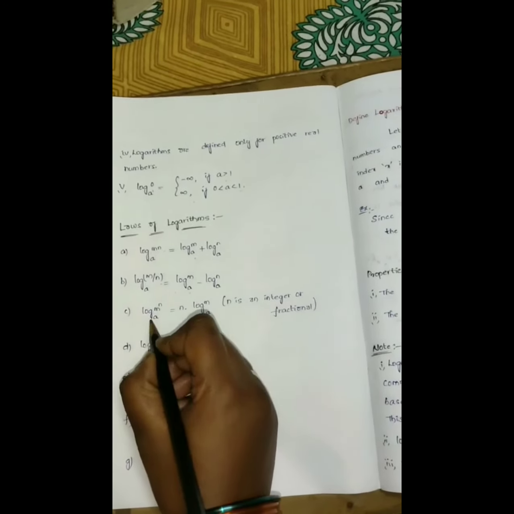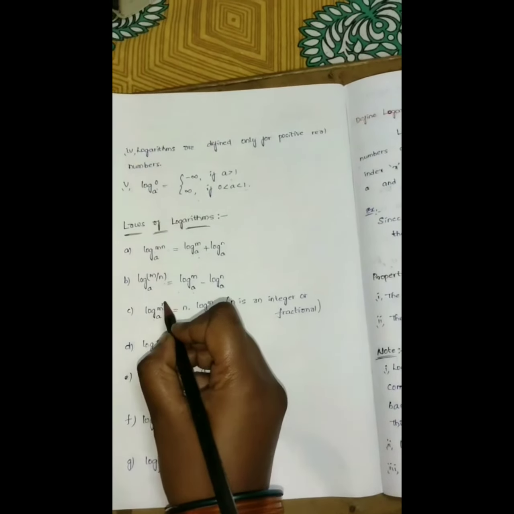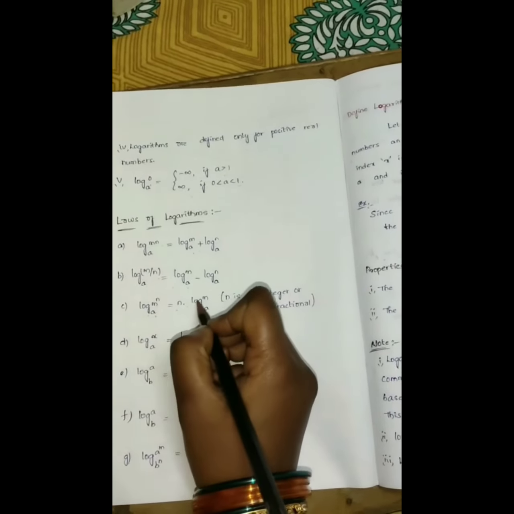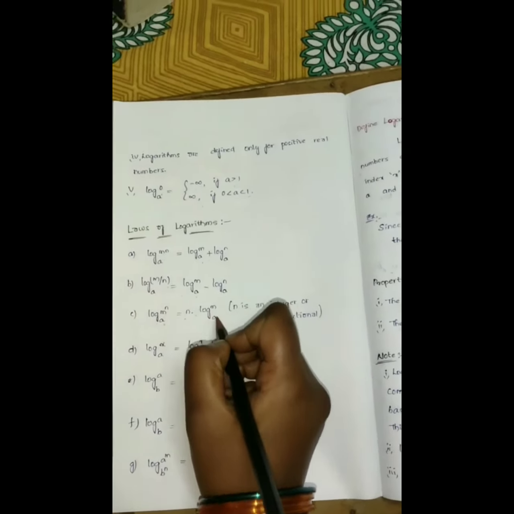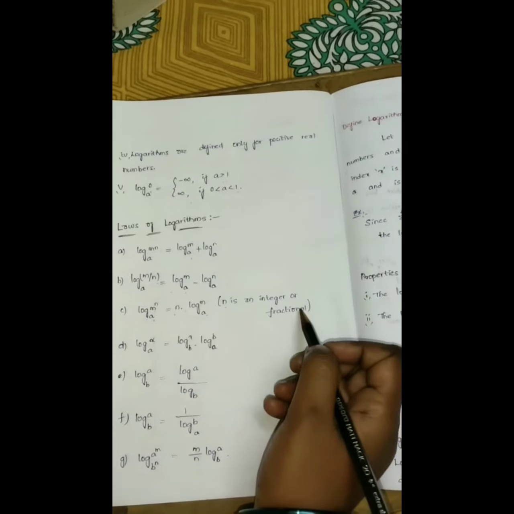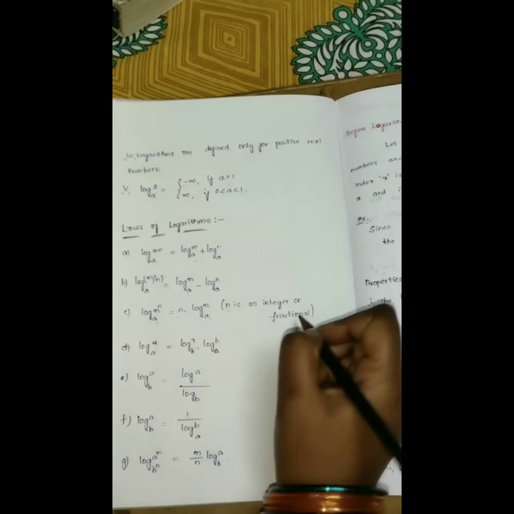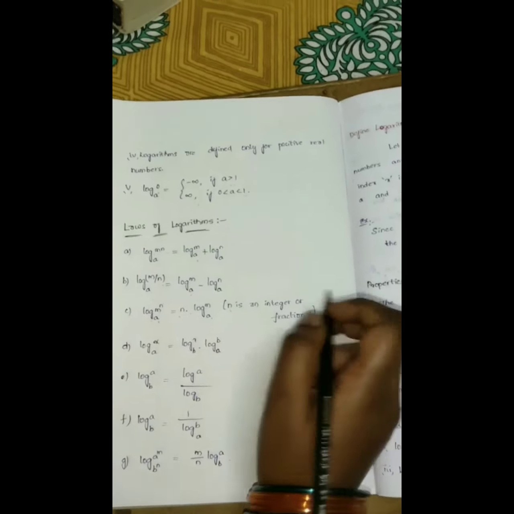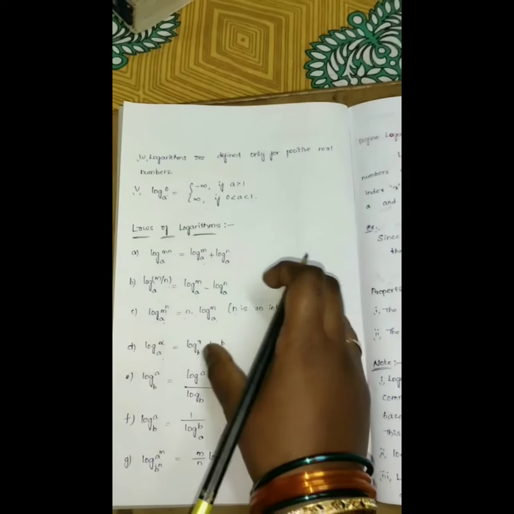Next, third property, third law, log m power n to the base a which is equals to n into log m base a, where n is any integer or any function or any fraction కూడా ఉండొచ్చు, ఫ్రాక్షన్ నెంబర్స్ ఉండొచ్చుగా, p by q ఫార్మ్స్ కూడా ఉండొచ్చు. n is an integer. Next, log x to the base a is equals to log x to the base b into log b to the base a. Okay, so these are laws, so which can be defined from exponential functions నుంచి వీటిని డిఫైన్ చేస్తున్నారు.